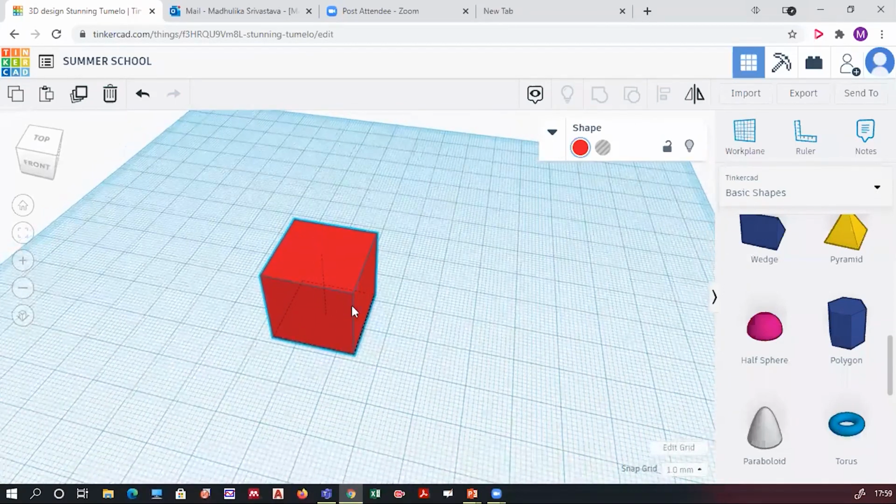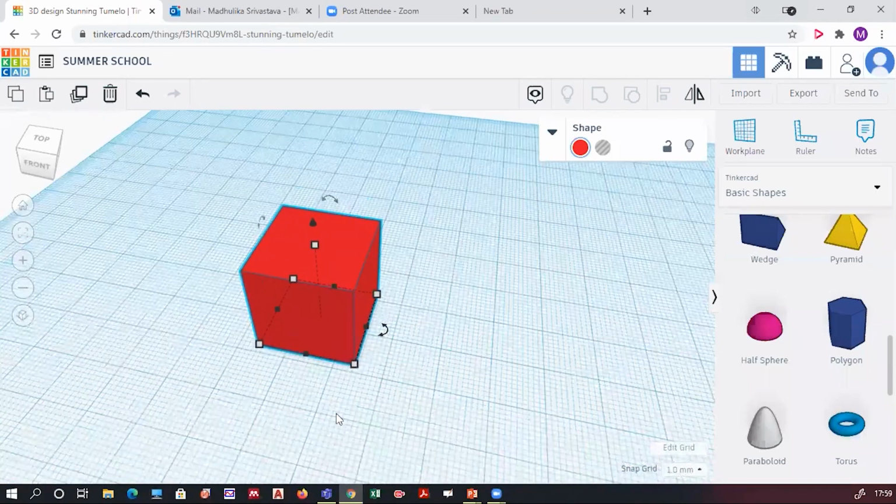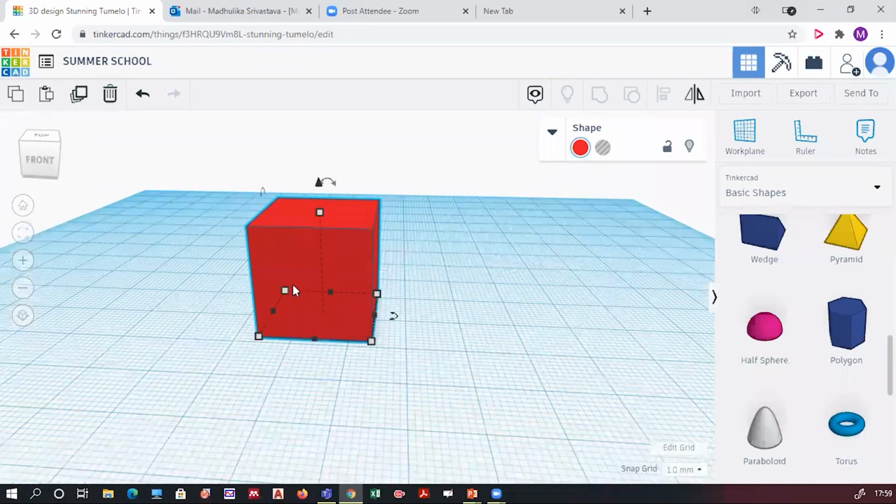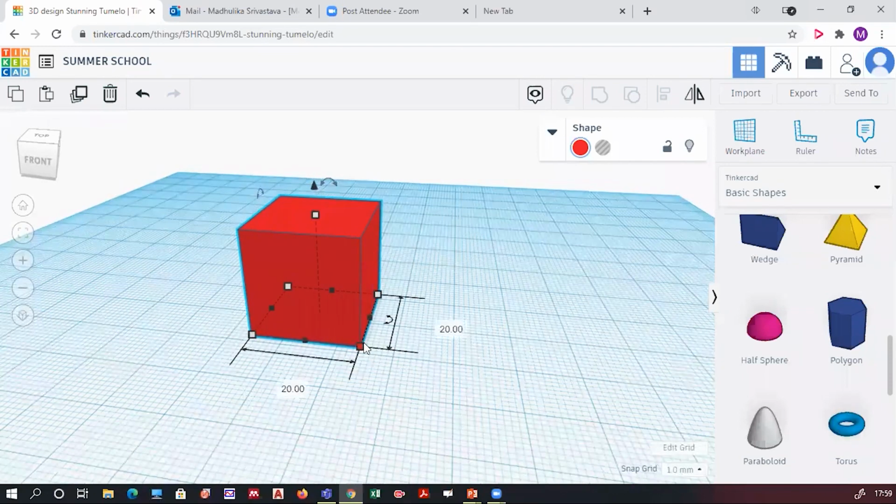Now when you click on a particular object, you see a lot of points being highlighted. Now if I have to change the length, width, or height of this rectangular block, what I will do, you see these white dot options, right?